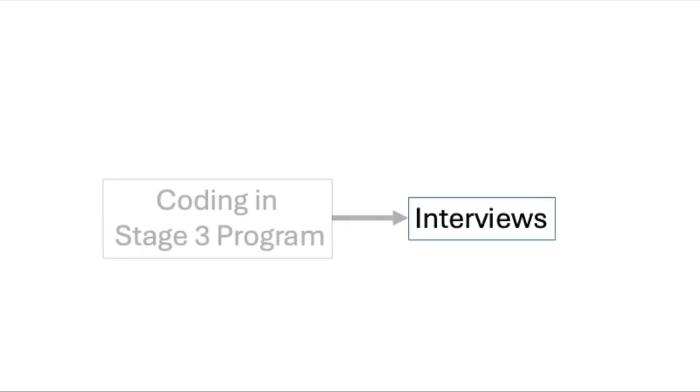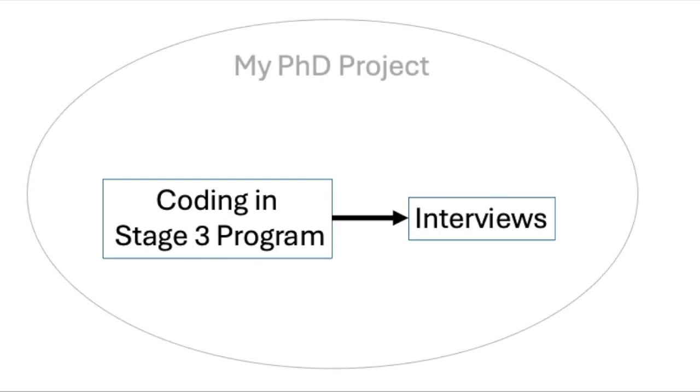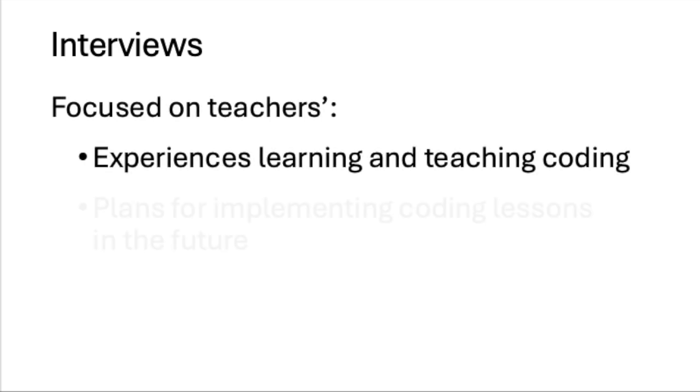This project presents my results from an analysis of interviews I conducted with 15 Australian primary school teachers in 2018. The interviews took place after the teachers completed a 10-week professional learning program I ran called Coding in Stage 3. That program and these interviews were both part of my PhD project. The interviews were focused on the teachers' experiences learning and teaching computer coding and their plans for implementing coding lessons